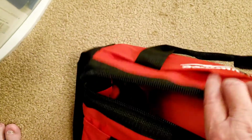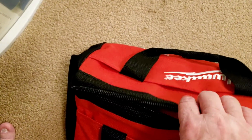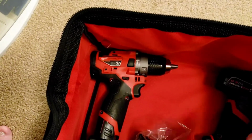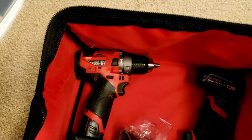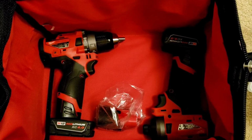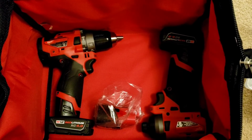But you got to remember that when you close the bag like this, you got to account for the space of where the bag closes, so you got a little room in there to do some stuff, but not a whole bunch. But I think for $229 and a free battery,